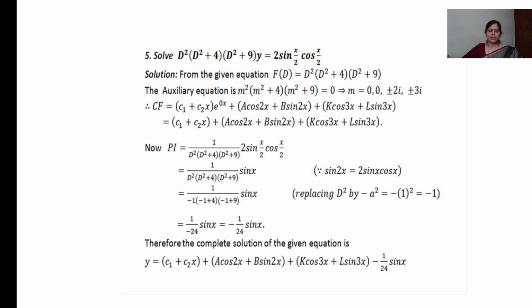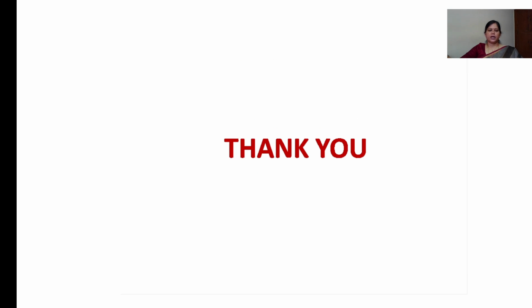In this type of problem, we have to check the form of f of x. If f of x is in sin ax or cos ax form, directly we can use the particular integral. If it is not, we have to use one of the trigonometric formulas and reduce f of x to sin ax form or cos ax form. Then we use the particular integral conditions. With this example, I think you can clearly understand how to find the particular integral for f of x equal to sin ax or cos ax.